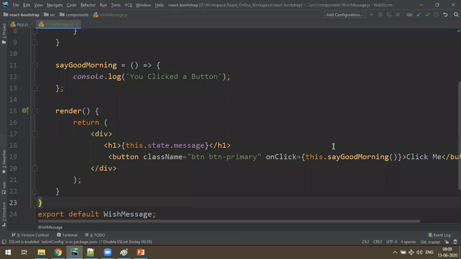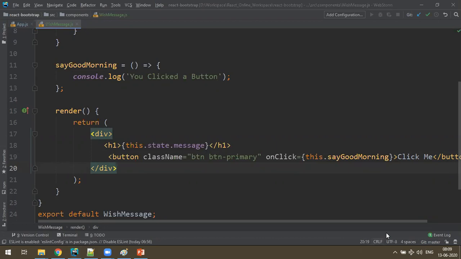So when you call a function here, it doesn't matter whether you click or not, it executes automatically. Make sure in React JS you never mention a function call like this. You just have to mention only the function name. Then only the click event works. That's the React JS thing.